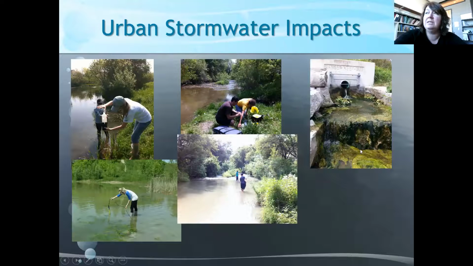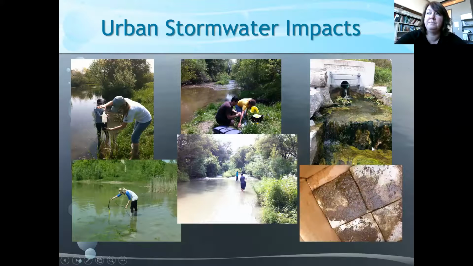So here's a nice picture of a stormwater drain. You can see this is during what we call base flow, so it hasn't rained in a while, so it's just trickling out. But look at all the algae that's growing here. If you think of algae as being bioindicators, well, this is indicating that there must be lots of nutrients coming from this storm drain, because that's why we see lots of algae, because they just love nutrients and they eat it all up, and that's why there's so much of it.